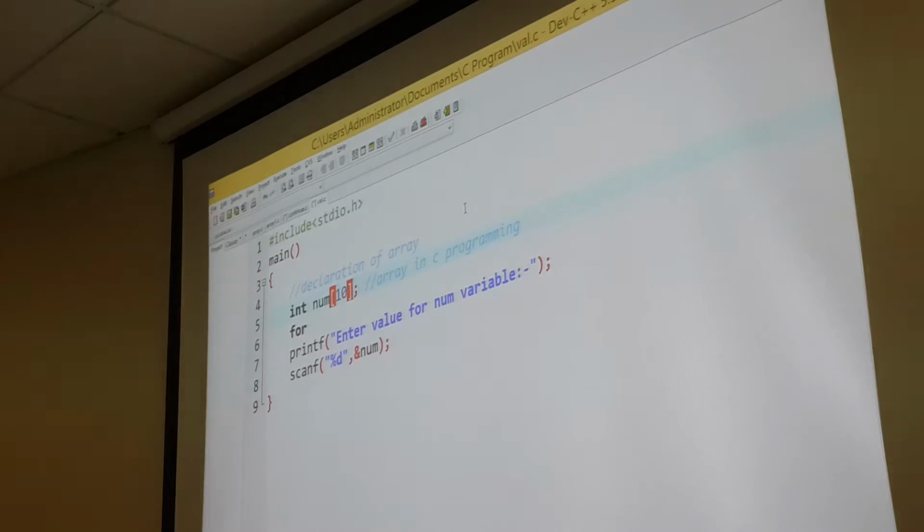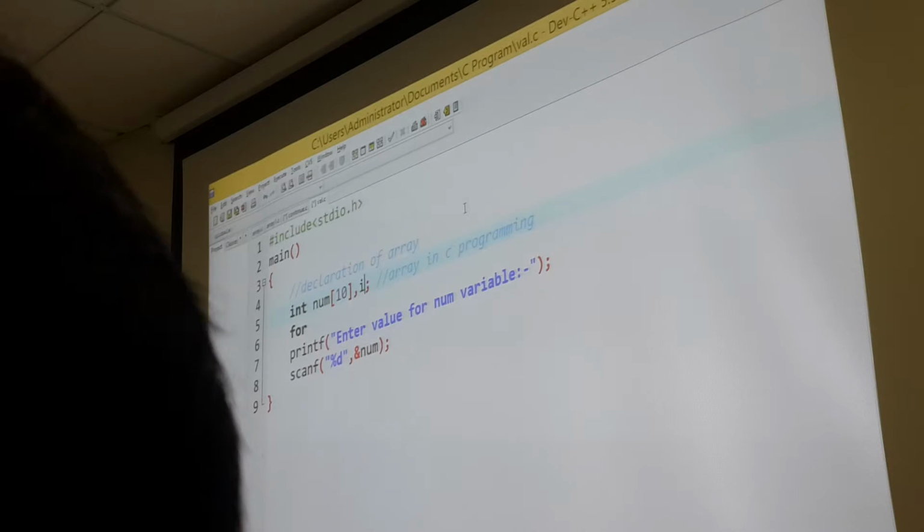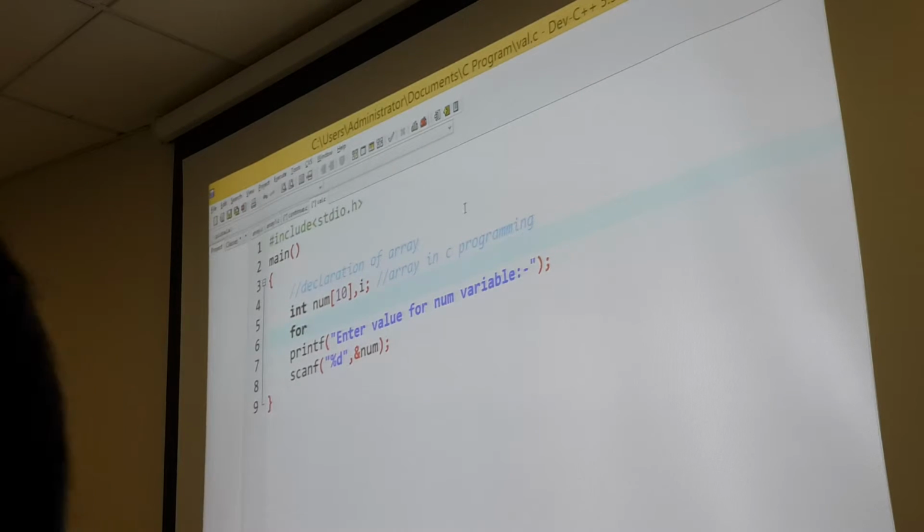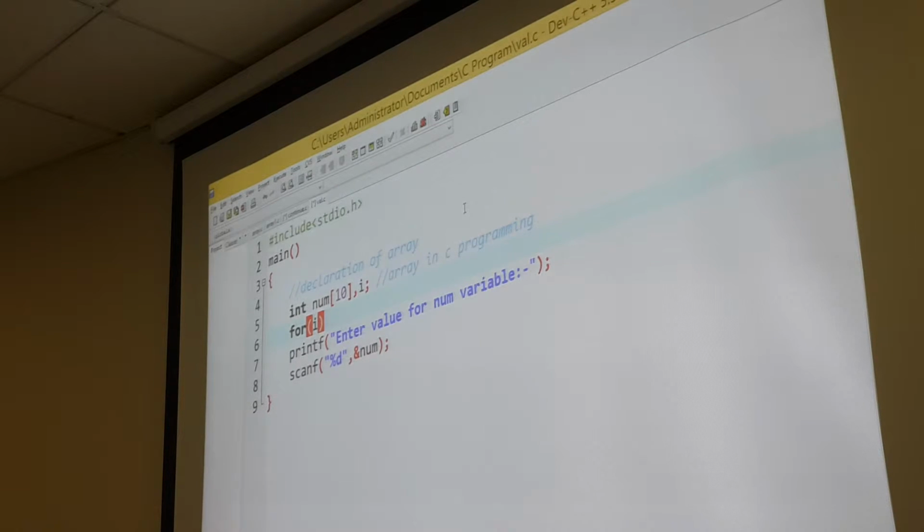So I will take one new variable which helps us execute the loop. So i is there, and I will set i equal to 0. Note one more thing about arrays: an array always starts from index 0. The size of this variable is 10, and your array will work like this: 0, 1, 2, 3, 4, 5, 6, 7, 8, 9.